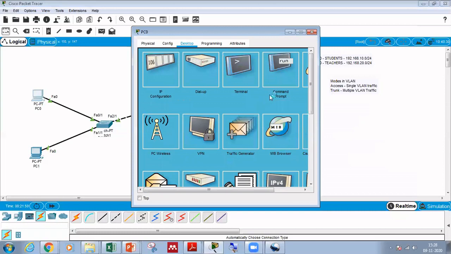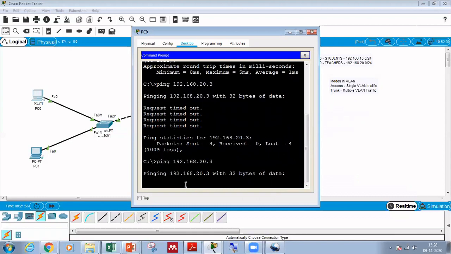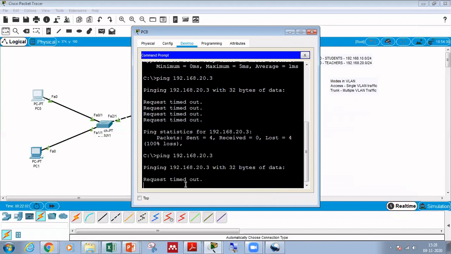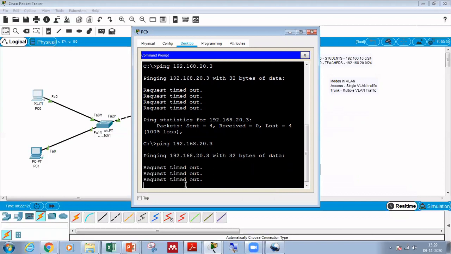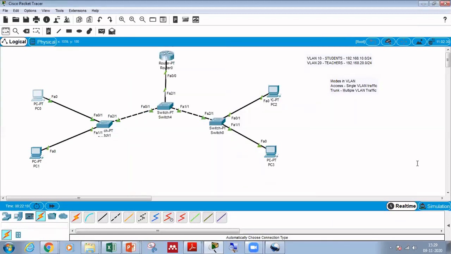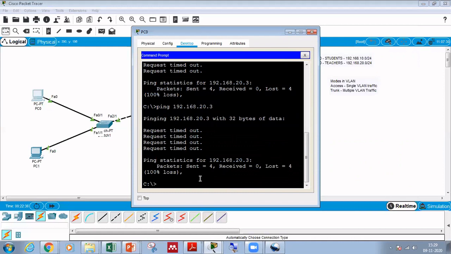We'll go to the PC again, command prompt, and try to ping 20.3. We'll try pinging one more time.